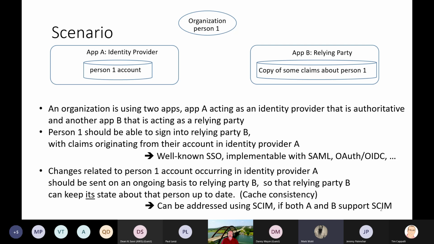And also what I want is some kind of cache consistency. So that relying party app B, not only do I want users to be able to sign into it, representing different people with different claims, but I also want to make sure that if there's updates, I bring some person 2 in, or person 1 goes out of scope, or person 1 changes their name or phone number, that if application B on the right is either caching that information or has other things that are linked to that person,